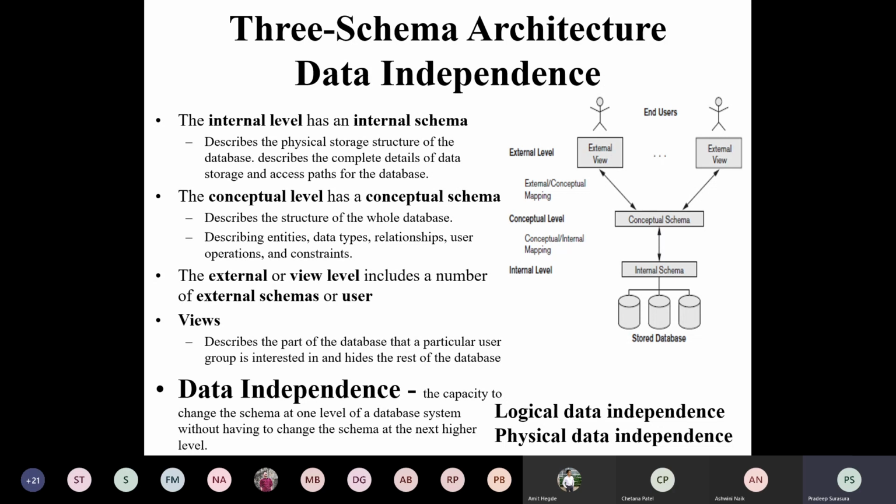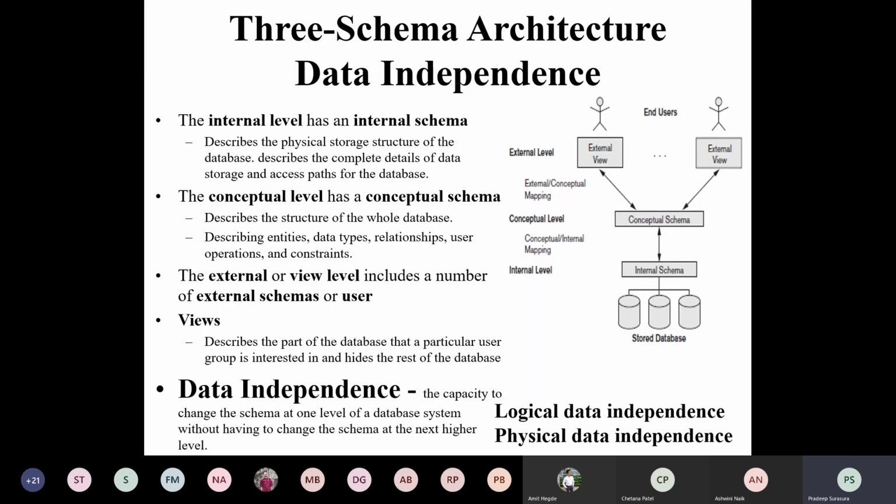Logical data independence says that logically your data should be independent. Logical in the sense that if you change any structures, like the structure of your database, or any other content, it should not affect the other layers.